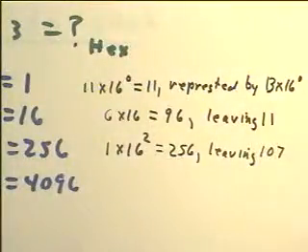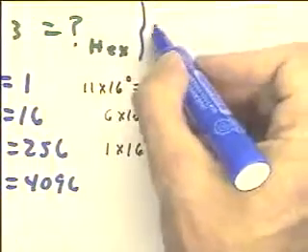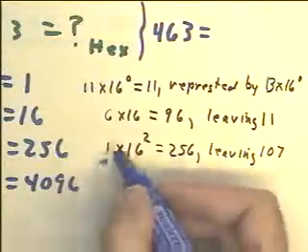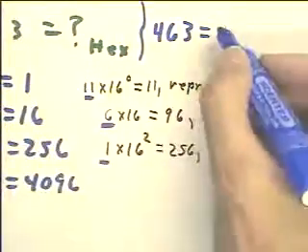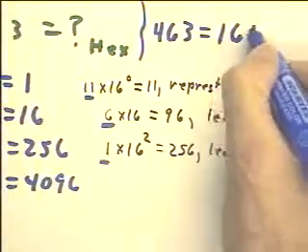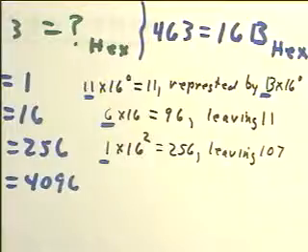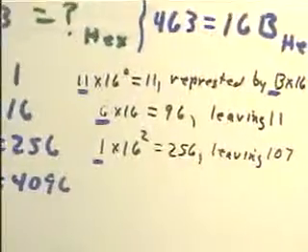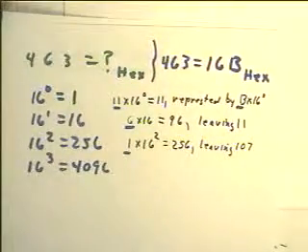So that 463 decimal equals 1, 6, and instead of 11 we have to write B. That's 16B hex. If we wanted to write this number in binary, having written it in hexadecimal,